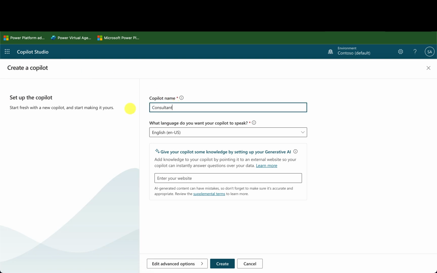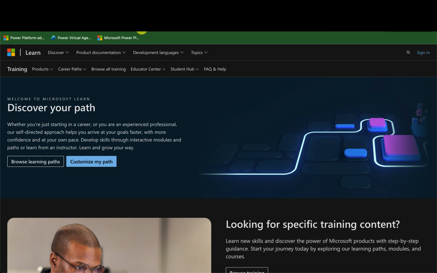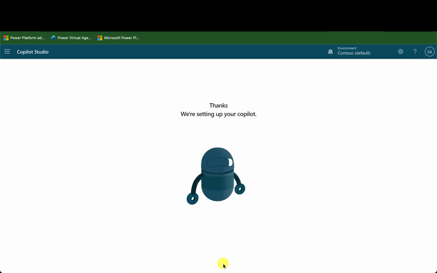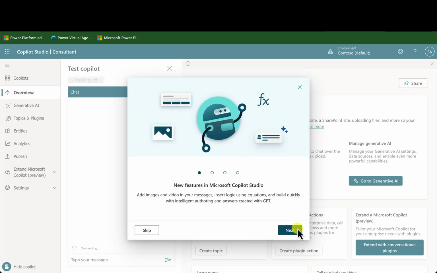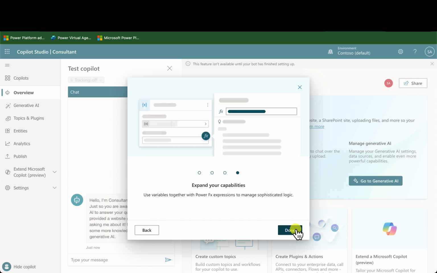Okay, so in here, taking the website, I'm going to take the whole training URL. I'm going to populate that in there. Okay, so let's give it learn.microsoft.com/training and let's click it's fine. Okay, looks good. So let's ask it a question.